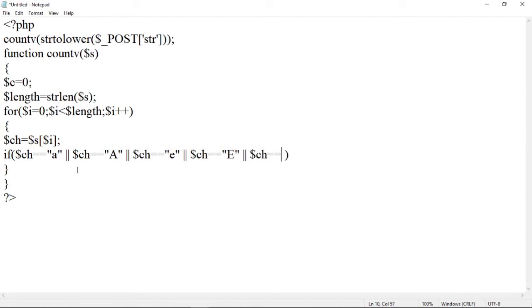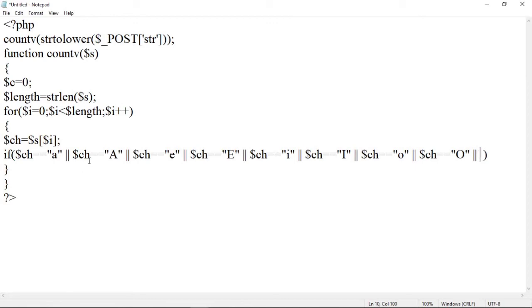$ch is equal to small i, or $ch is equal to capital I, or $ch is equal to small o, or $ch is equal to capital O. It is same as what we have done with the JavaScript program.